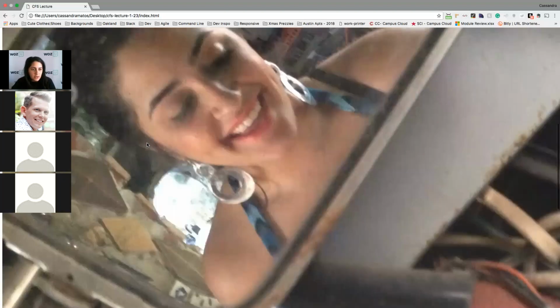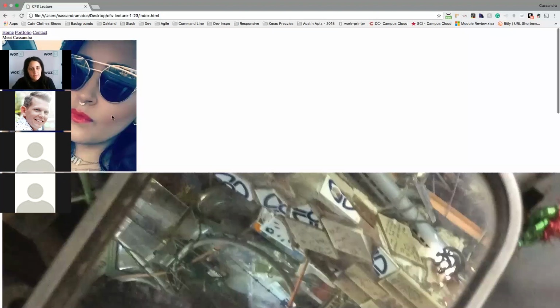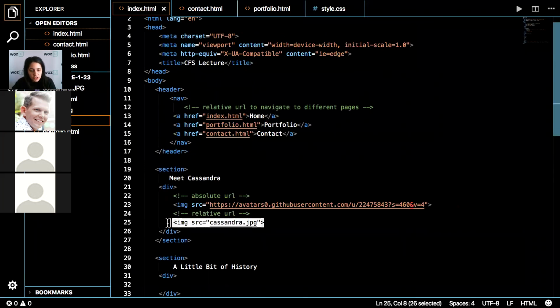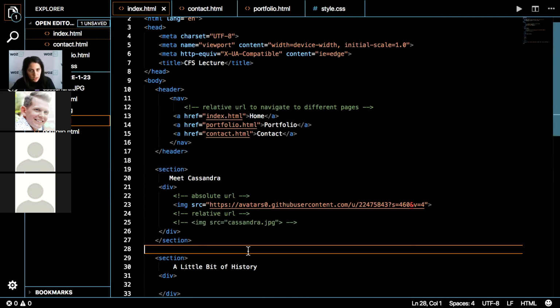Okay, so now we have some elements on the page, and we can navigate, and we can go to different sites. Okay. So I'm going to go ahead and take this giant image, comment this out, so we're only dealing with one image. And those are elements with attributes. Just a handful of them, not all of them, of course.